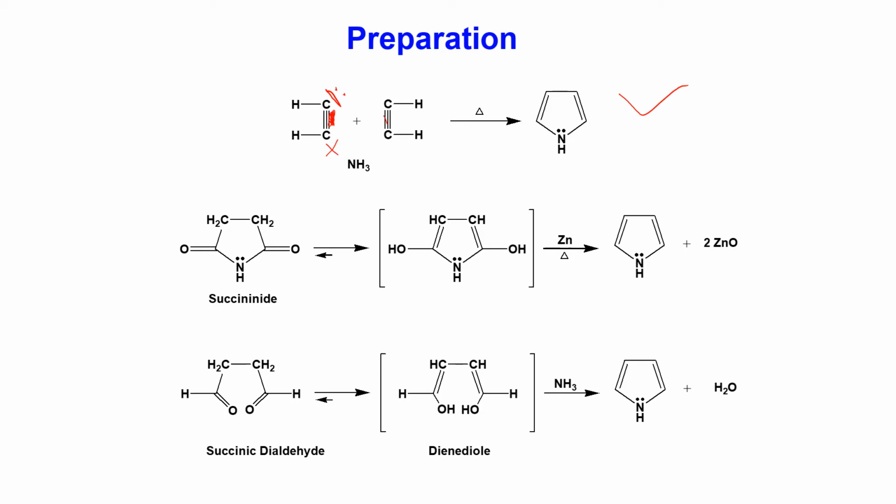Similarly, in that case, if the pi electron shifts to this carbon, it becomes negative and this carbon becomes positive. After that, this negative carbon can share its excess electron with this electron-deficient positive carbon and form a bond. And here the positive carbon can share the lone pair of electrons available on the nitrogen of ammonia. So due to the sharing of the lone pair of electrons, this positive carbon can form a bond with